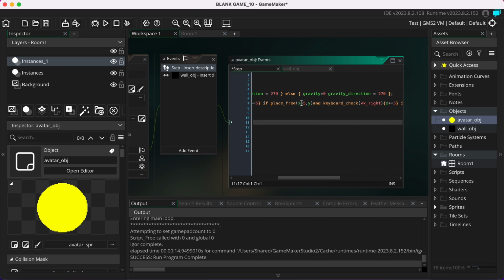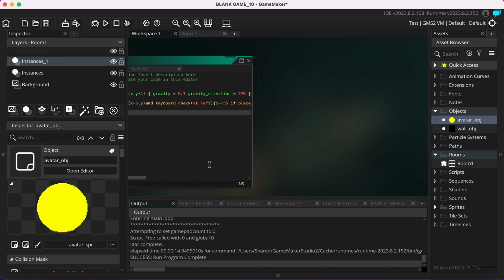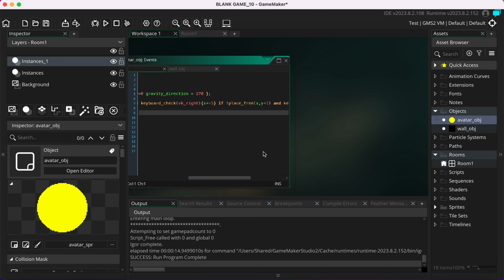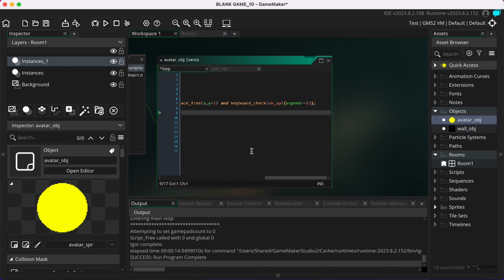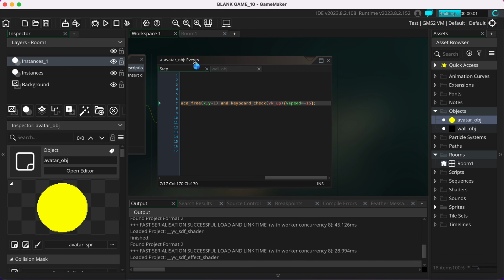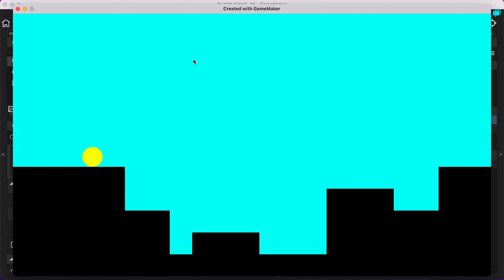And then it's also saying if the place to the right of us is free and we're pressing the right key on the keyboard, then move us 5 pixels to the right. And then same again for the up key. If there's nothing above us and we're pressing the up key, then set the vertical speed to minus 15. So now, if I hit run, let's run our game demo, I should have a playable character